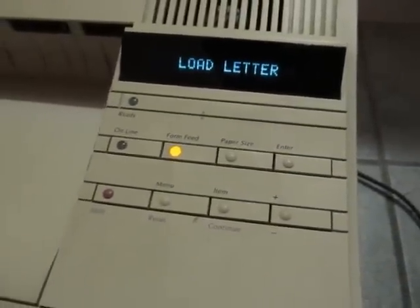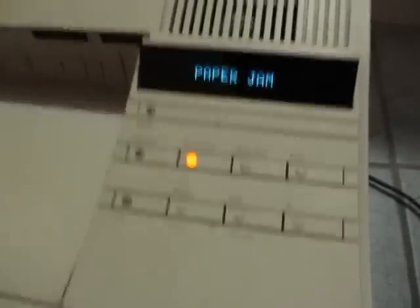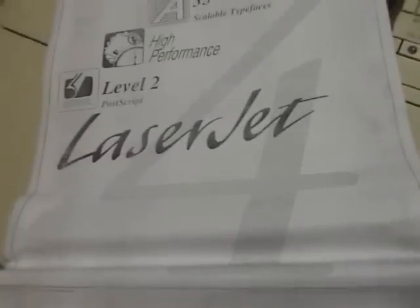PC load letter. That sounded fun. Doesn't look good. I think we're out of paper. I don't think I have any more paper here, so